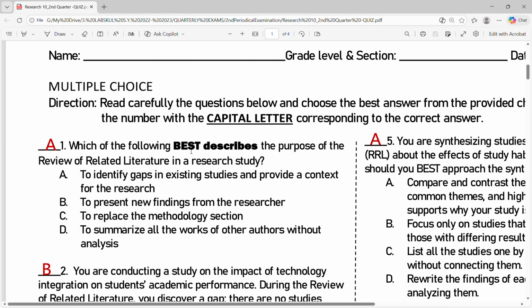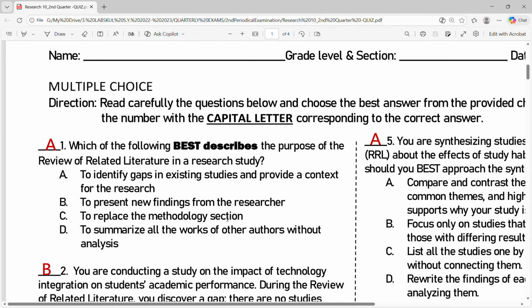Which of the following best describes the purpose of review of related literature in a research study? In question number one, you are asked what's the function, what's the reason of conducting review of related literature in the research study. The best answer here is letter A, to identify gaps in existing studies and provide a context for the research. So, in your background of the study, you need to